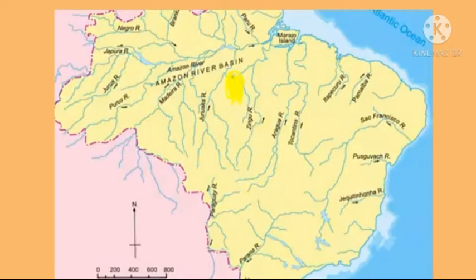It occupies the eastern portion of the highlands. You can see here in this area, highlands. We have learned about the Brazilian highland. So the Brazilian highland occupies this region, and its eastern portion, that means this river occupies here in the eastern portion. This portion will be the eastern part of the Brazilian highland. So this river, Francisco, occupies the eastern portion of the highlands.